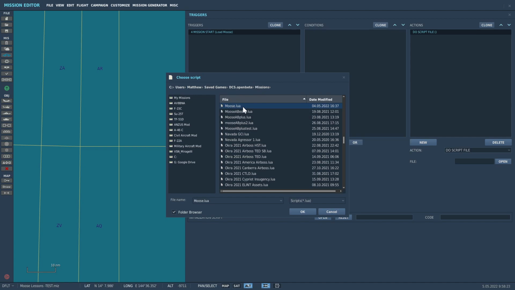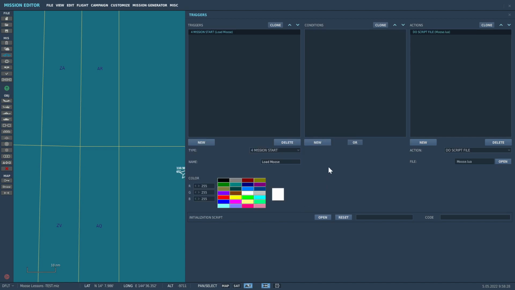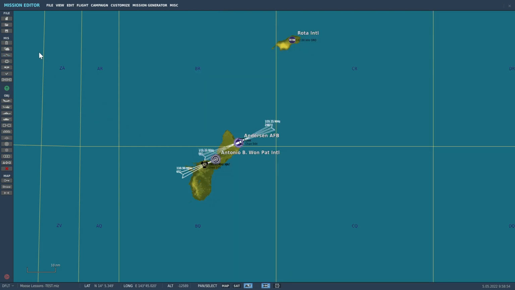So there it is, the Moose lure. We select that one, and now we're asking it to, at mission start, do script file Moose lure. I might code that yellow just to remind me that it's a resource that I need loaded, and any other resources that I might use, any other like miss script or something like that I'm using in my missions, I always code them the same color. Righto, so we jump out of there, and let's save this mission as